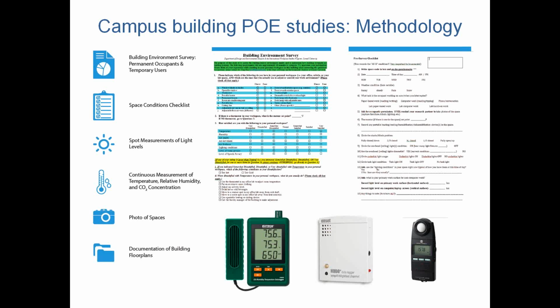In the actual study, we use multiple tools. We use a survey, which has a paper version and an online version that we use depending on the situation. On the upper right side of the slide is what we call an as-is condition logging chart. When the researcher walks into the room, inviting the occupant to participate in the survey, they document the as-is situation of the room, the lights, the blinds, the set point,